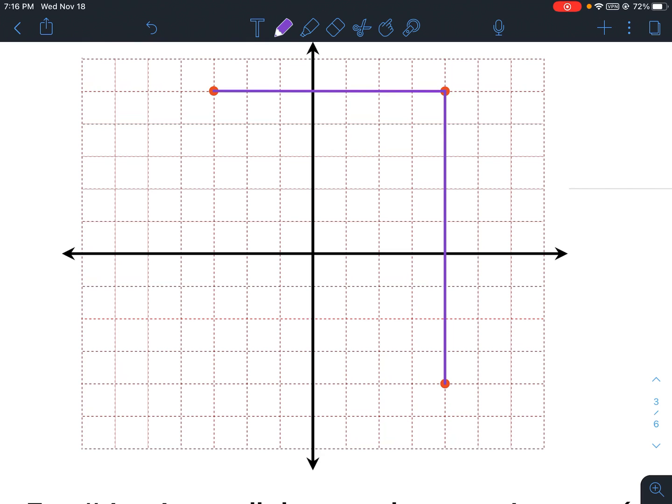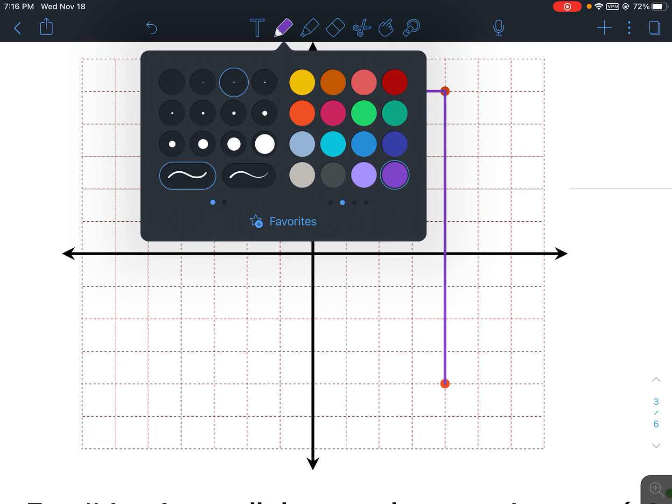Opposite sides are parallel. So because this side runs along the grid line, the side over here will run along the grid line. Because this one runs along the grid line, the side over here will run along the grid line. And each angle is 90 degrees. So that means